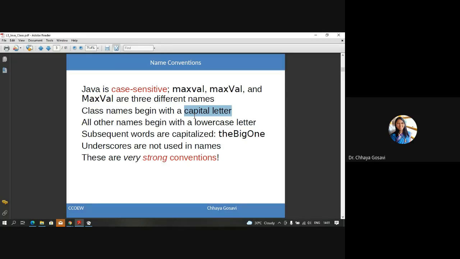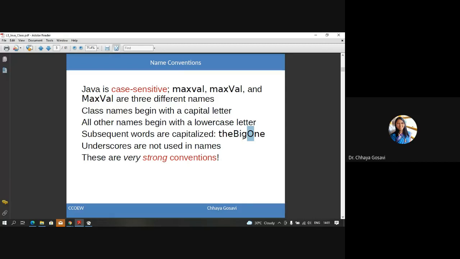Whenever a capital letter starts a name, that means it is the name of a class. So System is an inbuilt class, String is an inbuilt class. That's why those names are capital. All other names like function names and variable names should begin with a lowercase character. Then subsequent words can be capitalized, like maxVal. It starts with small, then capital V.